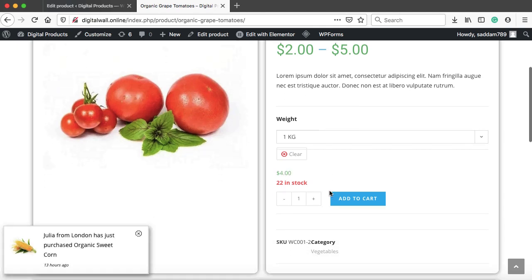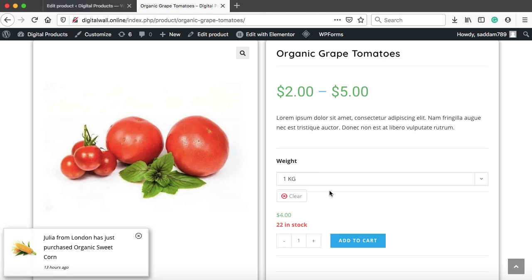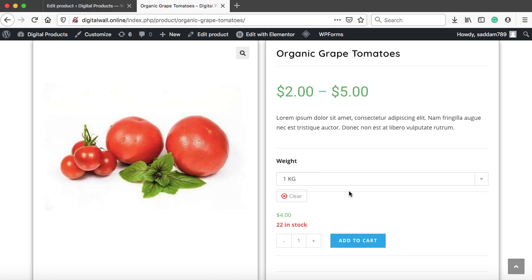So this type of product is called a variable product. You must have purchased a t-shirt from many websites like Amazon or eBay. So there you can also select the colors or the size of the t-shirt. So those types of products are also called variable products. I hope it was easy for you to understand how exactly we can build this fully featured e-commerce store.